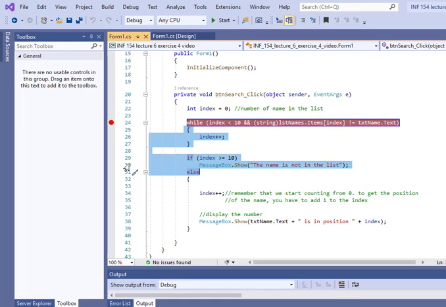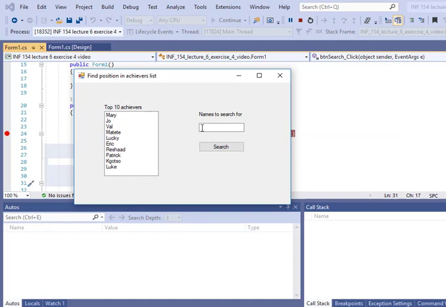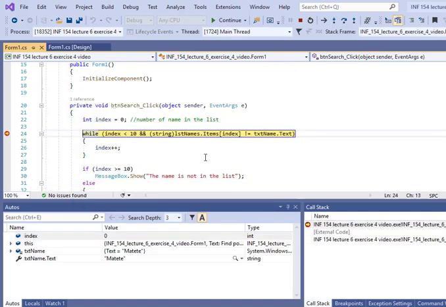I can really recommend using breakpoints, especially when you use repetition structures. So let's now illustrate how it works. Okay, so let's say we want to find the position of Matete. So we search. Now you can see the program stops there where we inserted the breakpoint. Now we're going to step over, we're going to step into the different